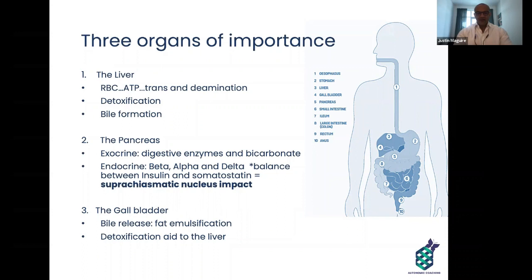Obviously, we don't have gamma indicated here, but that is a topic for its own conversation. The next organ that we're going to discuss here is the gallbladder. The gallbladder is responsible for the release of bile, so too is the liver, but to a greater extent than the gallbladder. And bile is required for fat emulsification, but it's also required for detoxification, the third and final